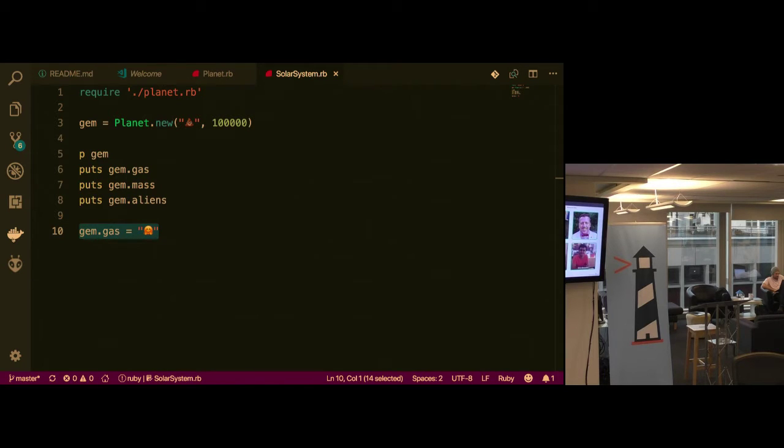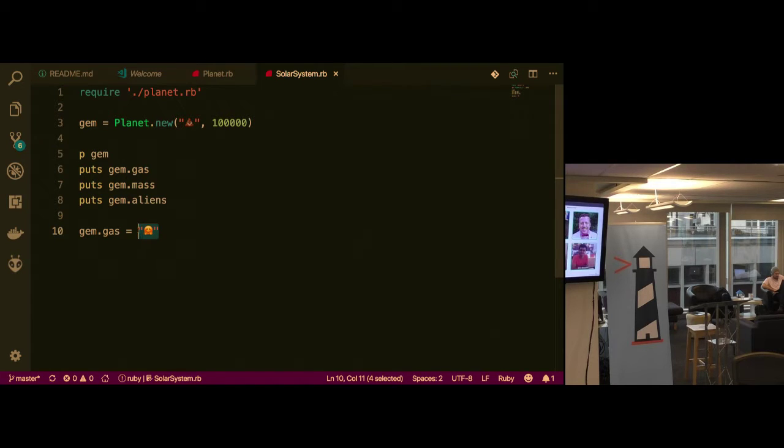We don't want to allow people to do too much. We don't want to give away too much mutability. So before you start exposing things from classes, before you start making anything public, anything accessible, you should really think about what actually needs to be accessible, what needs to be mutable, and how it should be able to be mutated. So sure, we could maybe just change the gas of a planet like this, but maybe that's not what we want. Maybe we want to allow other parts of the code to alter this, but maybe we don't want it to be completely changeable to anything.